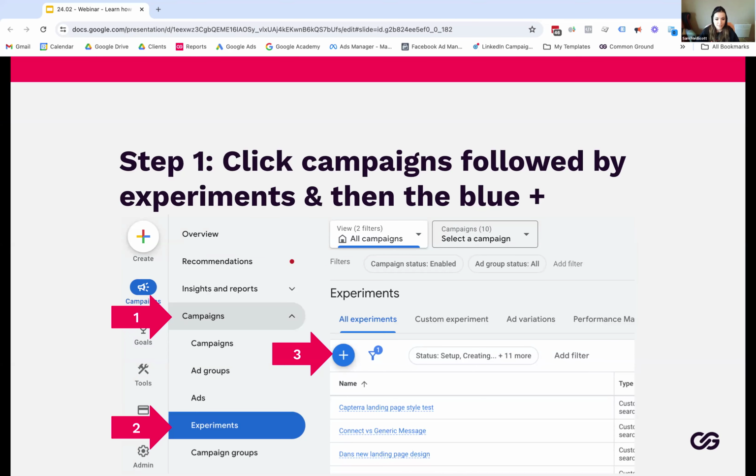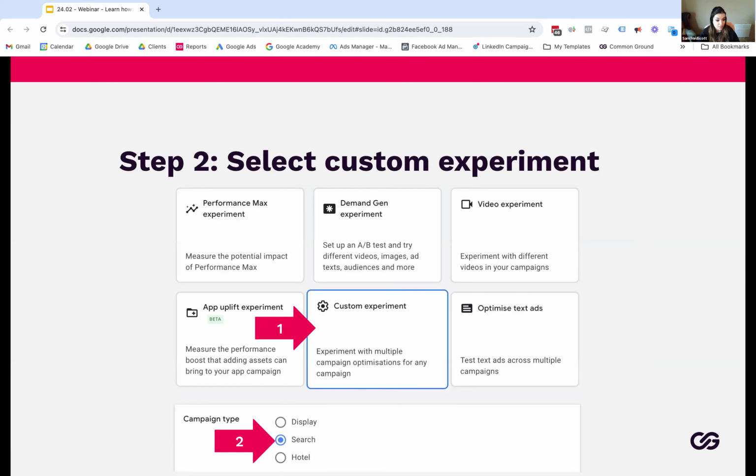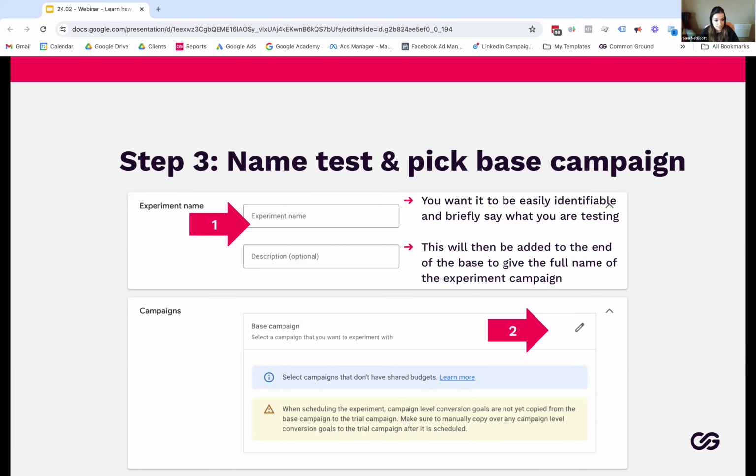So there's lots of screenshots, lots of arrows to be able to know exactly where to click. You want to click campaigns followed by experiments and then the big blue plus. You can see it's all nice lighter, less of the dark grey, more light. And then you go over, and this is generally the same as previous. I always set custom experiment and then make sure it's search only. Then you can pick the name and the base campaign. You want the name to be easily identifiable and briefly say what you are testing. So often I'll put max conversion experiment, something like that,